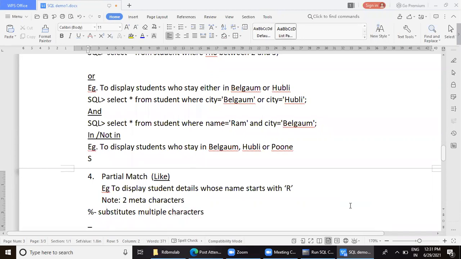And the other is underscore. Better write it in brackets, because it may look like a hyphen also. Underscore substitutes a single character.